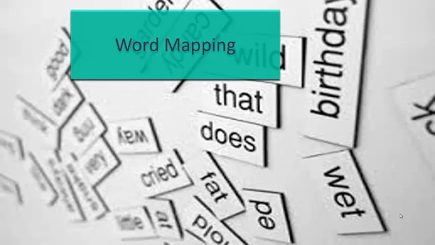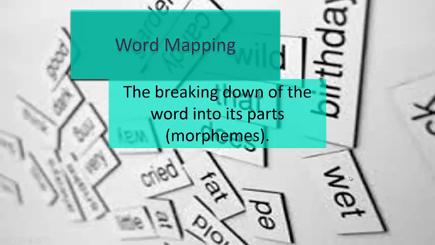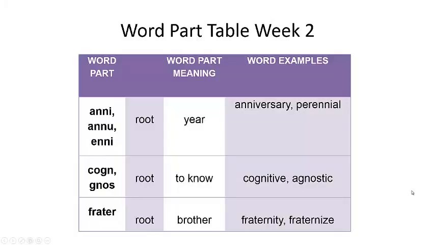So this is an introduction on how to do word mapping. Remember, word mapping is the breaking down of the word into its parts or morphemes. So in this video, I'm going to show you what you need to do when you are supposed to be doing word mapping. The first thing that you need to do is take out your own sheet